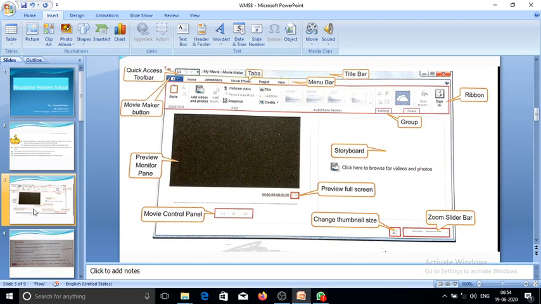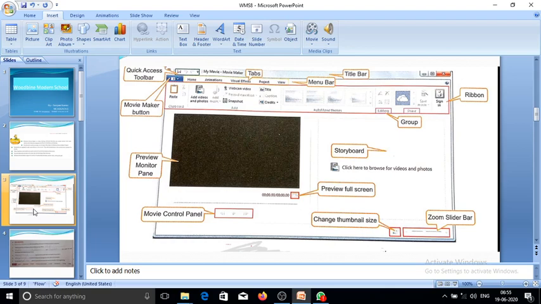Now the ribbon buttons show recently used and quick options for paste, add videos and photos, snapshot, webcam, title, caption, credits. And now the preview monitor. The preview monitor is used to preview our videos.